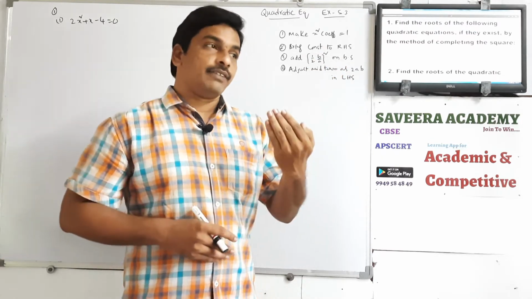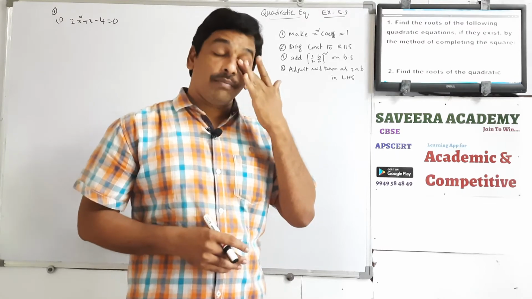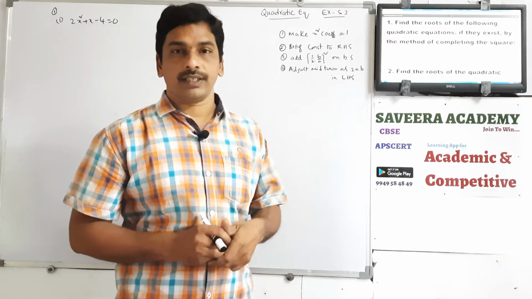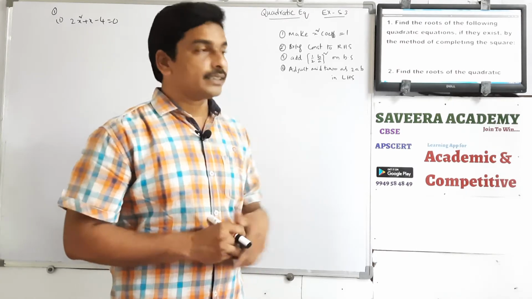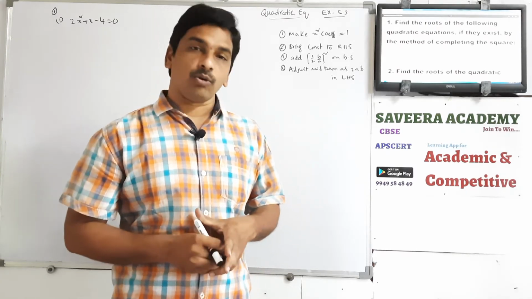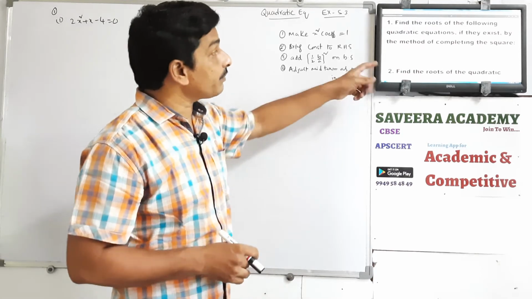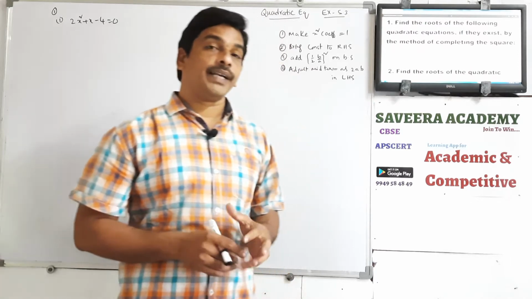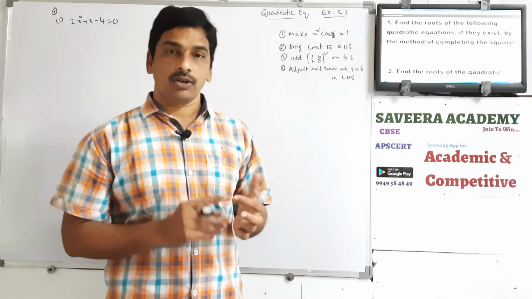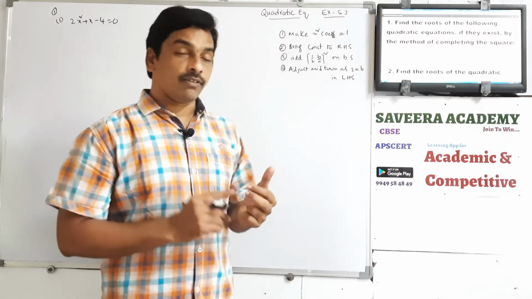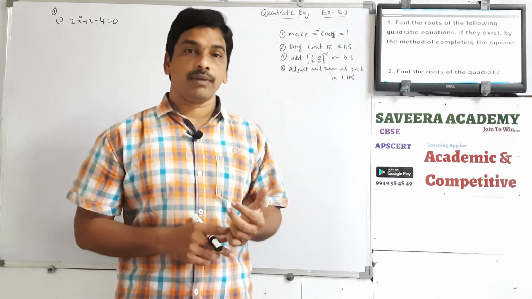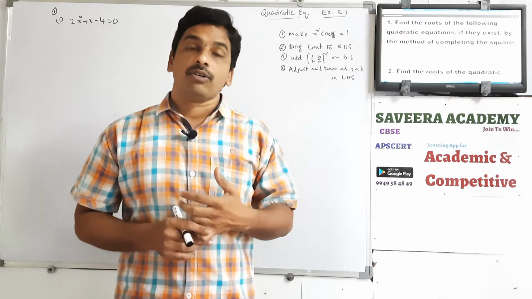In the first one we found them by using the factorization method, yes or no? The factorization method in the previous exercises. In these exercises we will also find roots, but by the method of completing the square. We have to find the x values, or roots, or zeros. One more method is using the quadratic formula. I will explain the quadratic formula later, before we go to Roman number 2.